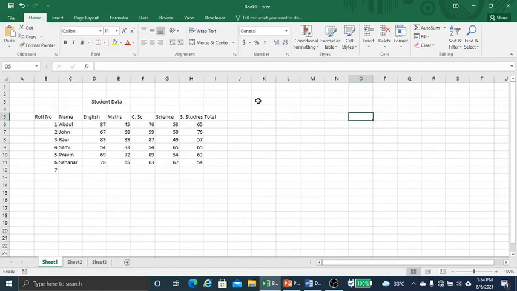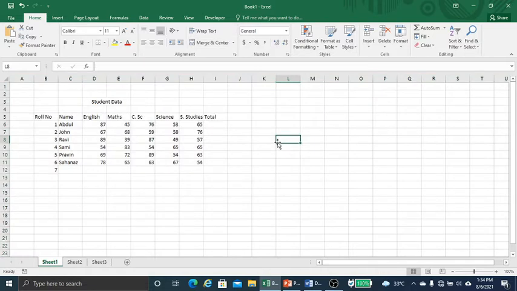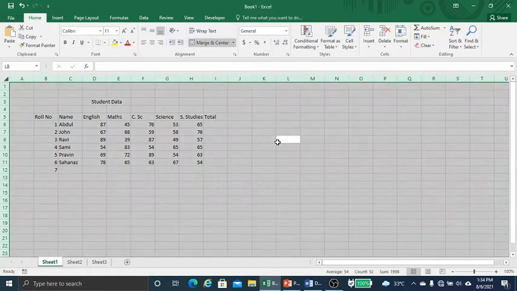Another way is to use the shortcut key Ctrl A. You can see the entire worksheet is selected. So the shortest way is, if you press Ctrl A, the entire worksheet is selected.